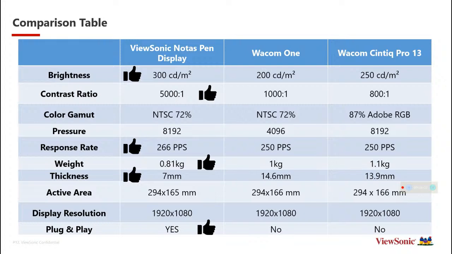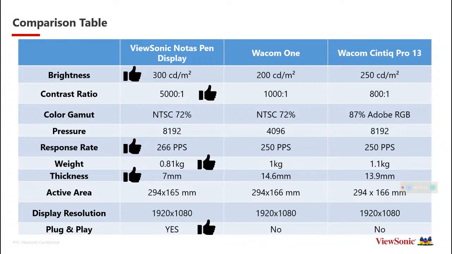For the Wacom One, this is an entry product which they have set the MSRP at around 399. Our MSRP is 319. For the Cintiq Pro, it is as high as 800 US dollars actually. As for the response rate, we can see the Notas has 266 reports per second,